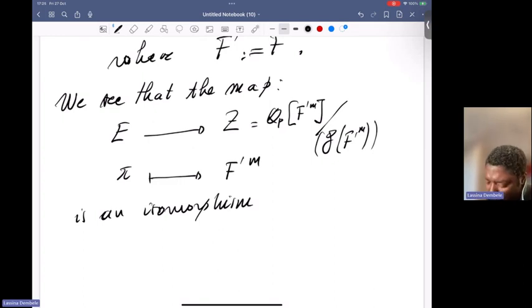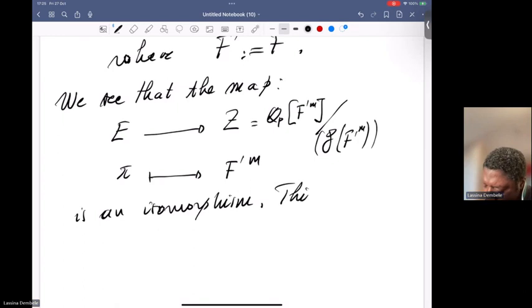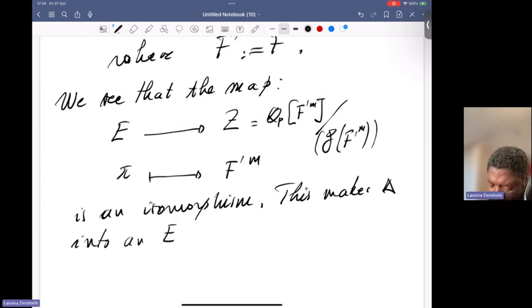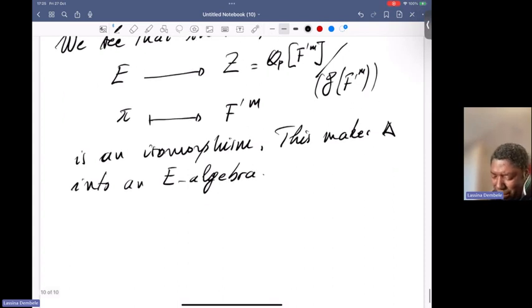And of course, this isomorphism makes delta into an E algebra. And not only is it an E algebra, it's even cyclic,